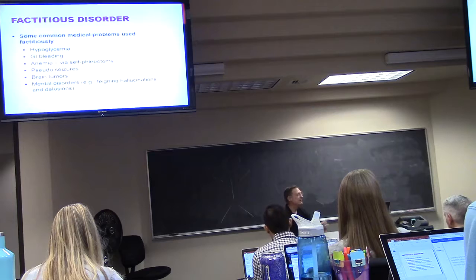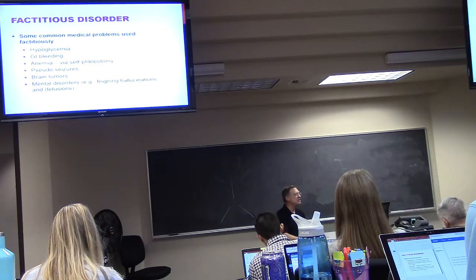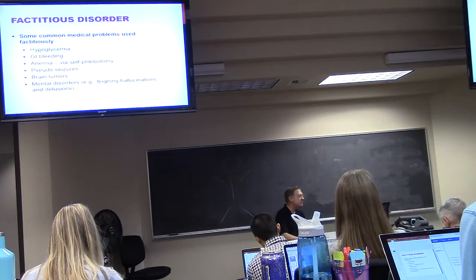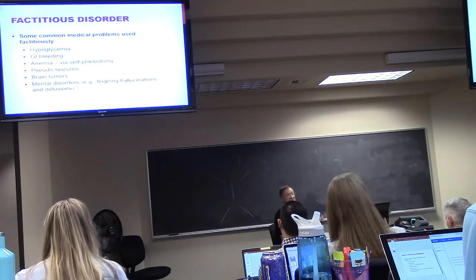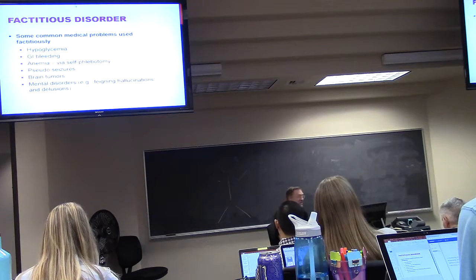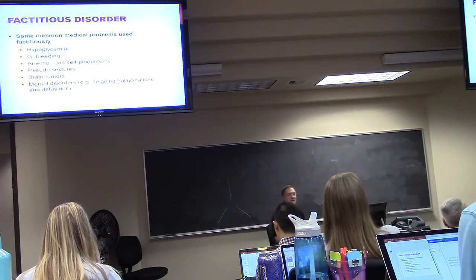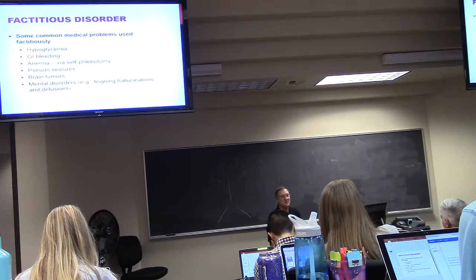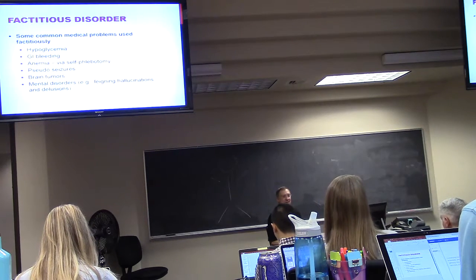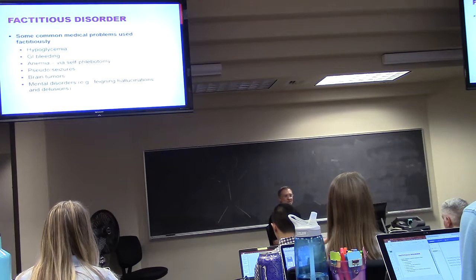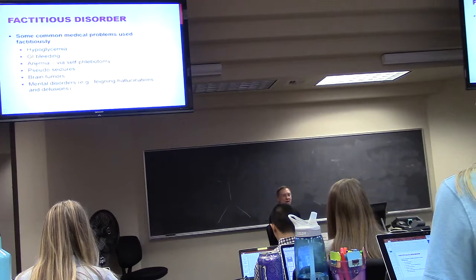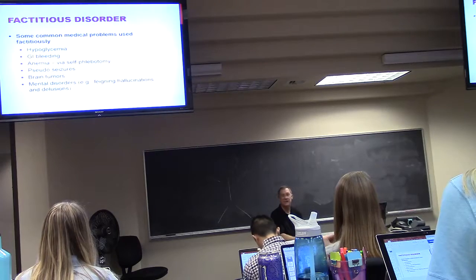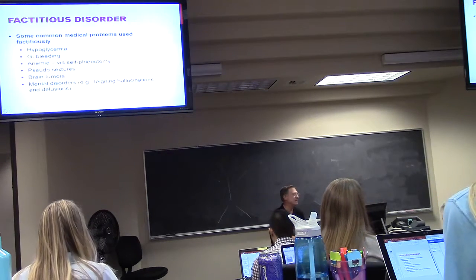Okay, that's crazy. Okay, here's some common medical problems used factitiously. Hypoglycemia, easy to induce. Insulin used to be over the counter. Did y'all know that? You just go out there, give yourself a shot and kill yourself. Okay, there's lots of ways to do it if you want to do it. Okay, GI bleeding. Give them the white cards to go home and check themselves on 3 or 4 days and mail them back in. Cut yourself. Put the blood in the stool sample, ship it out, there you go. Okay, now you have a GI bleed. Now we've got to work up your bowels. So you can get a surgery or an endoscopy or something like that. I know, it's just a young bleed.